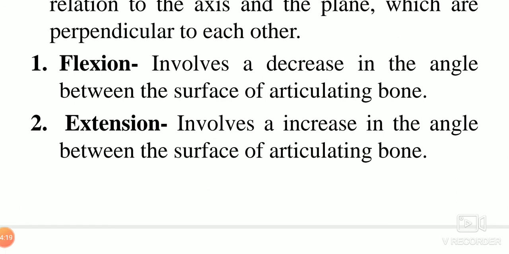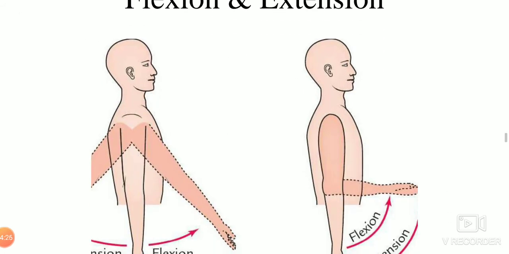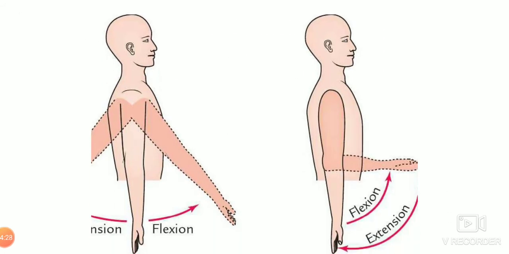Flexion, extension, important है, याद रखना. Flexion involves decrease in the angle between the surfaces of the articulating bones. Here you can see flexion and extension of the elbow joint. First, flexion of the elbow joint. According to definition, it involves decrease in the angle between articulating bones. Okay, means अभी आप देख सकते हो